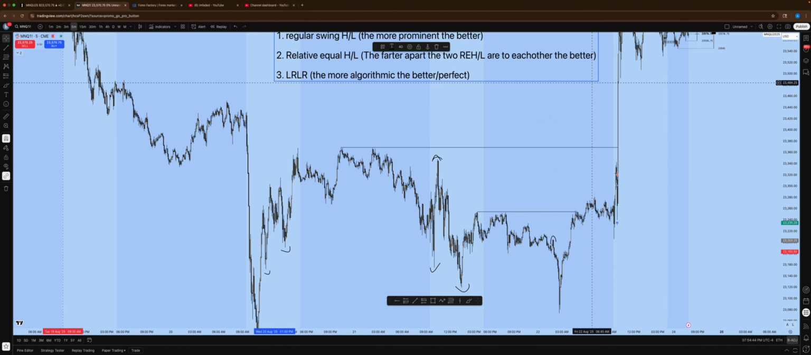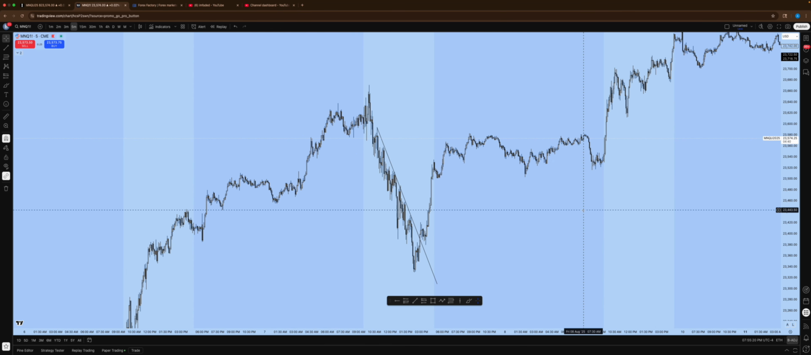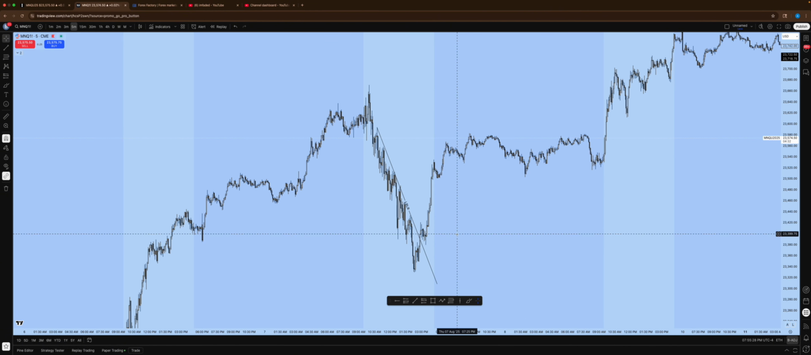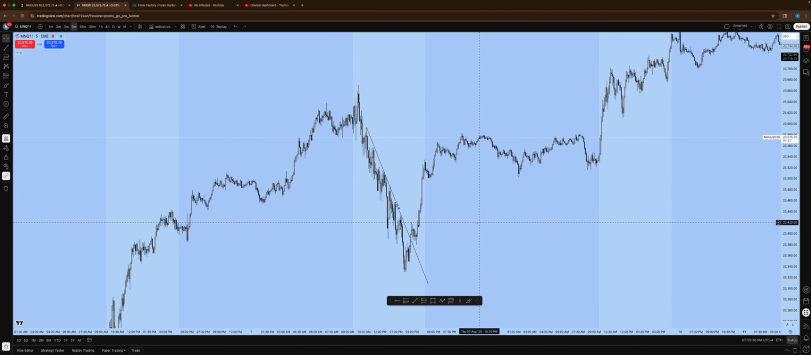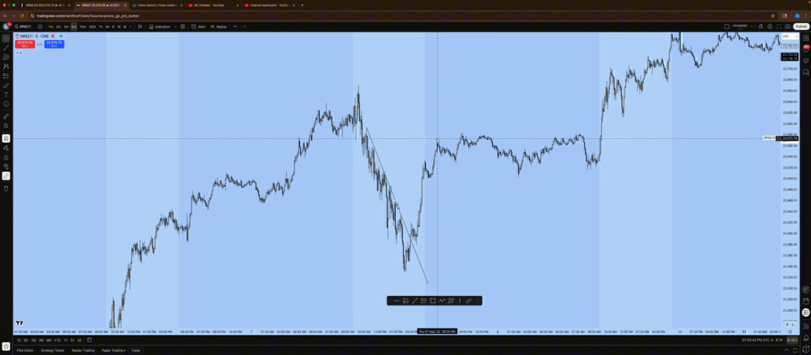This is kind of hard to explain. Here, let me go find a good example real quick. Okay, so this is gonna be the example for LRLR. And what LRLR stands for is low resistance liquidity run. Low resistance liquidity basically means a stack of highs and lows that can easily be ran because there's going to be so many sellers